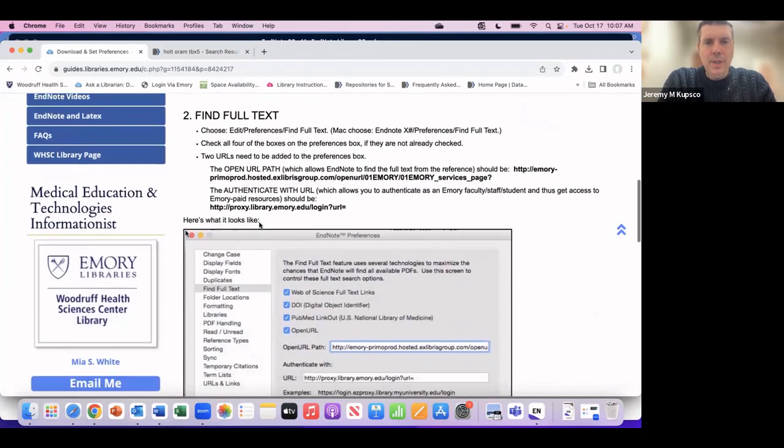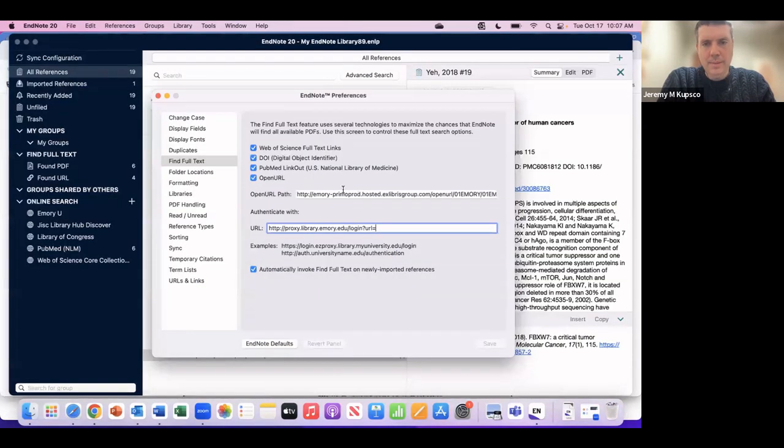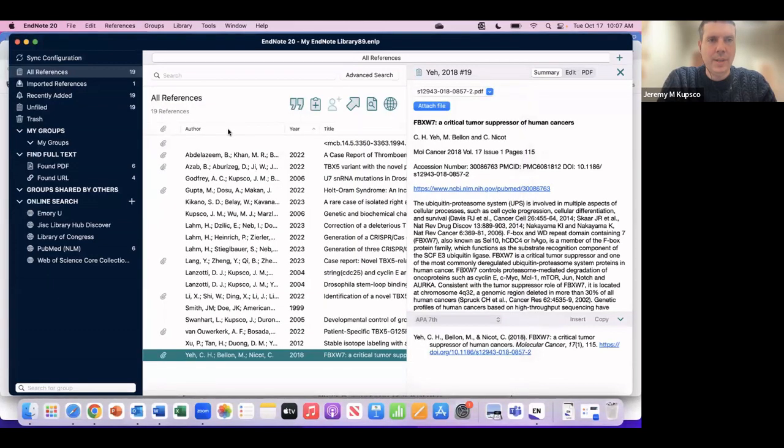So under number 2 here, we see Find Full Text, and we see these two URLs. So you can copy and paste these URLs and put them back into EndNote. And when you're done copying and pasting these, you hit Save. And then you're set up to start using Find Full Text.